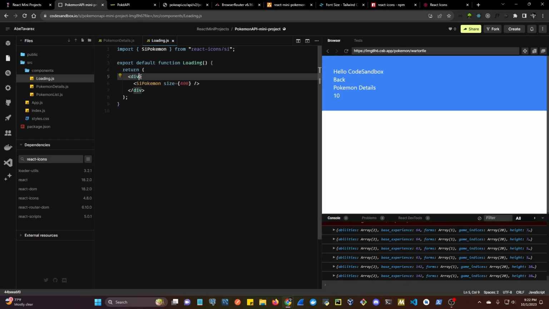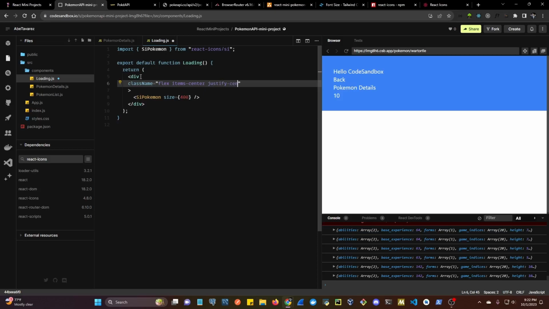So let's go back to the div here. We'll set the class name. Let's just use flex, and then center everything by setting items to center, and then making the justify-content